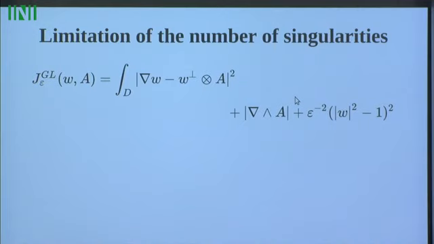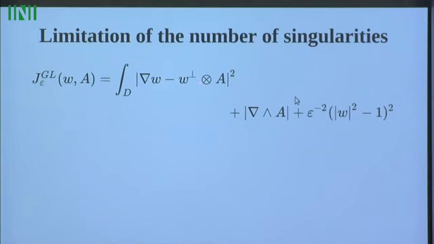So we want to limit the number of singularities in our optimal shape. To this end, we add to the cost function, in this case the compliance, another cost that is inspired by Ginzburg-Landau energy. So the integral over D of the gradient of W, where W is the orientation of my cell, minus the W rotated by an angle pi over 2, so this is this guy here,